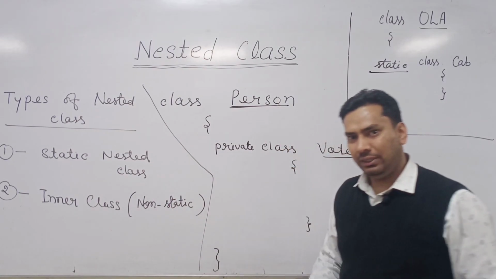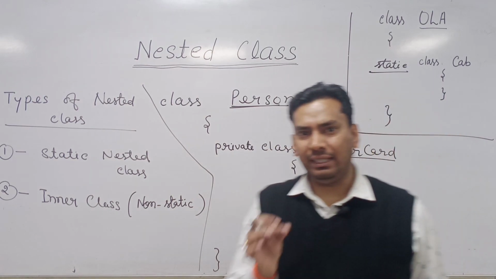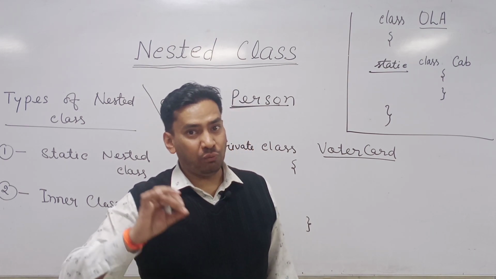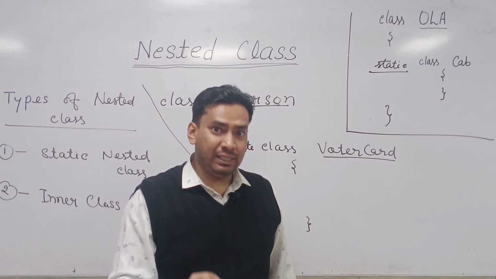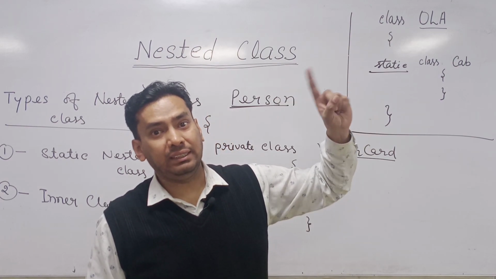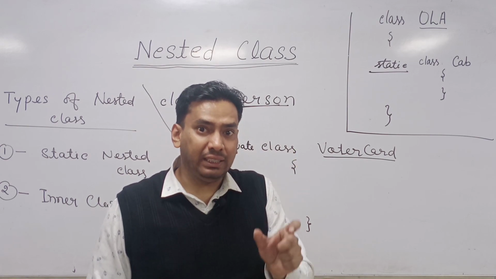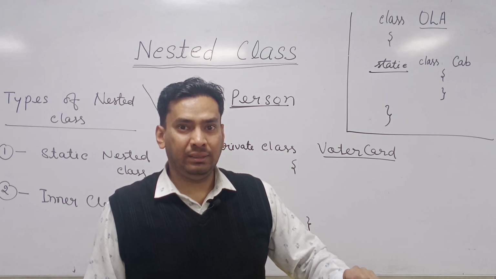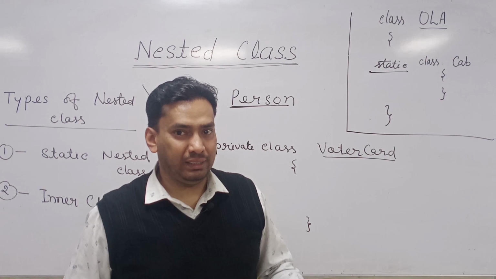You can simply put it into the comment box. But the simple reason is, if there is a static nested class, the object of the nested class can be created without creating the object of the outer class. But if it is an inner class, then for creating the object of the inner class, the object of the outer class is mandatory. And why is it mandatory? Because the inner class object is created inside the object of the outer class. So if the outer class object does not exist, the inner class object cannot be created, right?